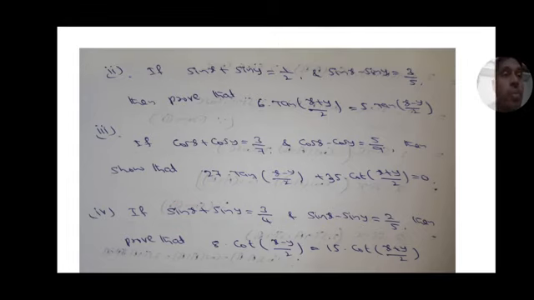These are the problems on transformations and conditional identities. Do the homework problems and complete your fair notes. This completes our transformation chapter, but some more problems are there, so in the next class we will complete our transformation chapter. Complete your fair notebooks and your homework problems. If you have any doubts in the homework problems, please send me a message or call me.